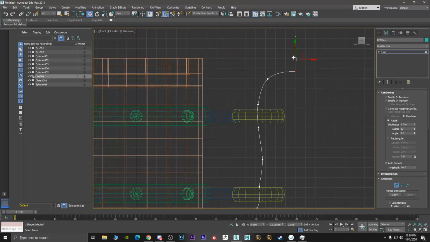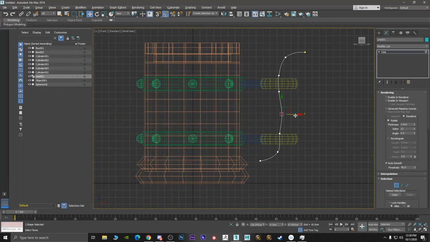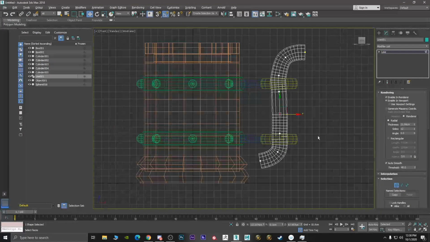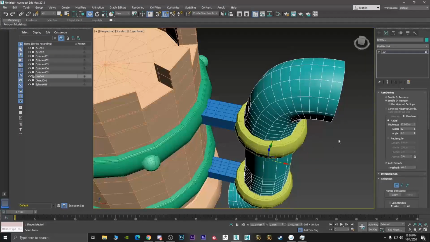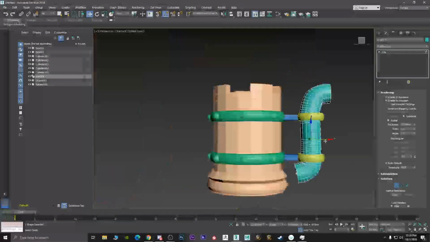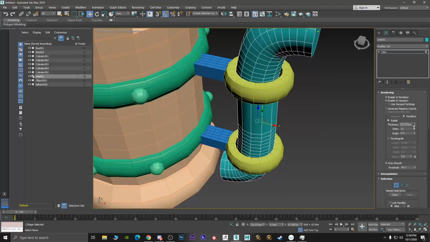I want this one here, and this one a little bit further down. Good. And keep it straight. Enable, enable, and increase the thickness until you're able to completely envelop the cylinder. Just like so. A little bit too thick, so